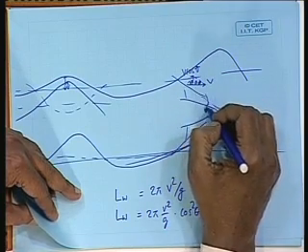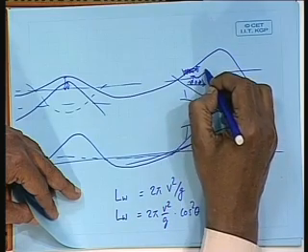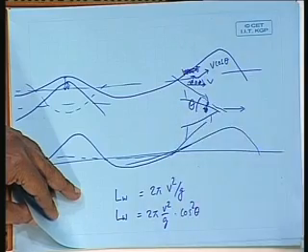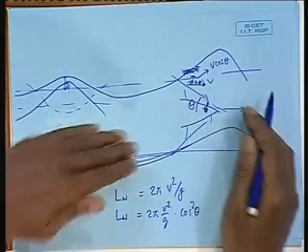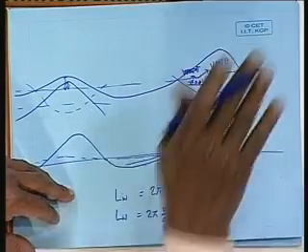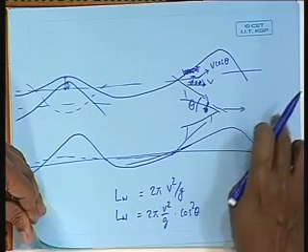Yeah, I was making a mistake. This is the velocity v cos theta, and this is the theta angle. This is the velocity of the divergent waves in its own direction, whereas in the axial direction the velocity will be equal to the ship velocity. We can calculate from here how the interference will take place, and we can draw some norms. This has been done, and it has been found that